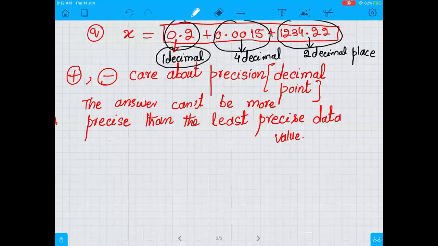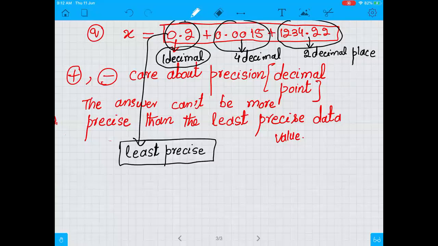0.2 is the least precise number. So the answer cannot have more than one decimal. So if we add these three numbers, one of the numbers is 0.2. The second number is 0.0015. The third number is